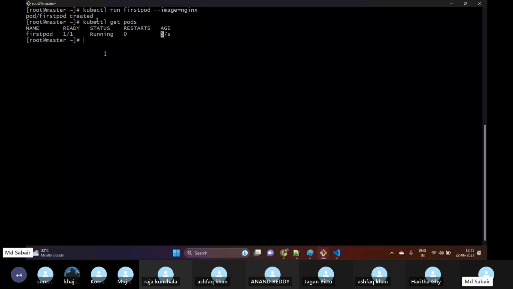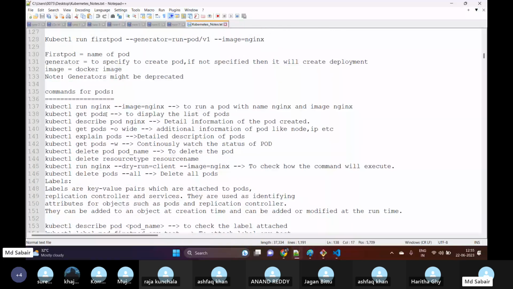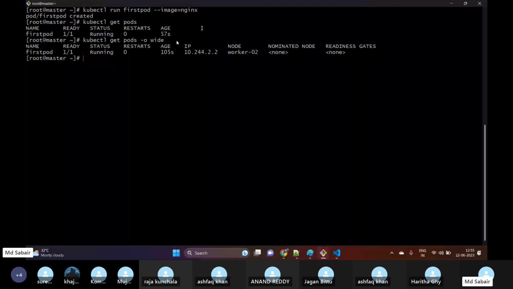Okay, so here we have some basic commands. kubectl get pods. If you want to get the complete detail, and know on which particular worker node this pod has been created, in this case you can use -o wide, and if you hit enter, here you can see the first pod status: running, age 105, and the IP address of this pod is